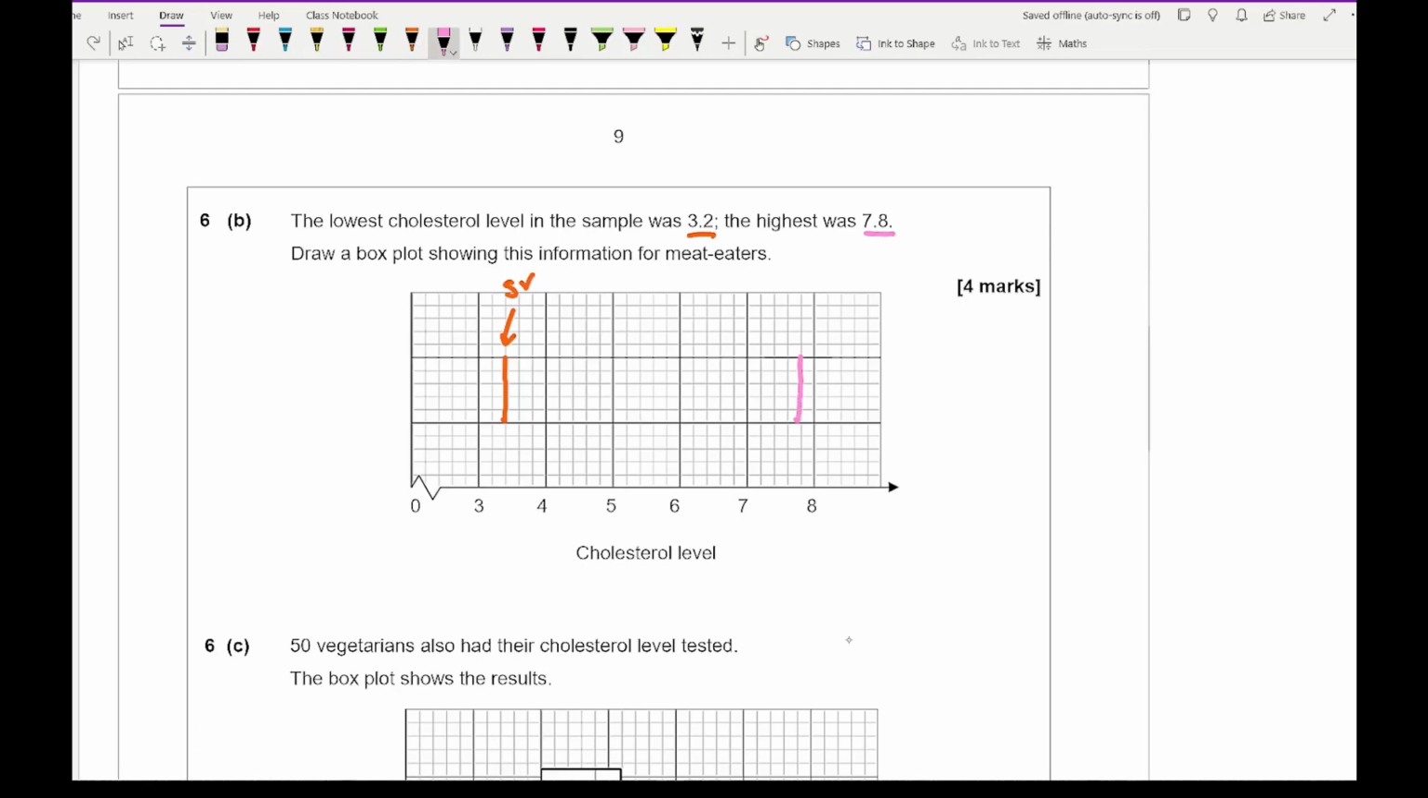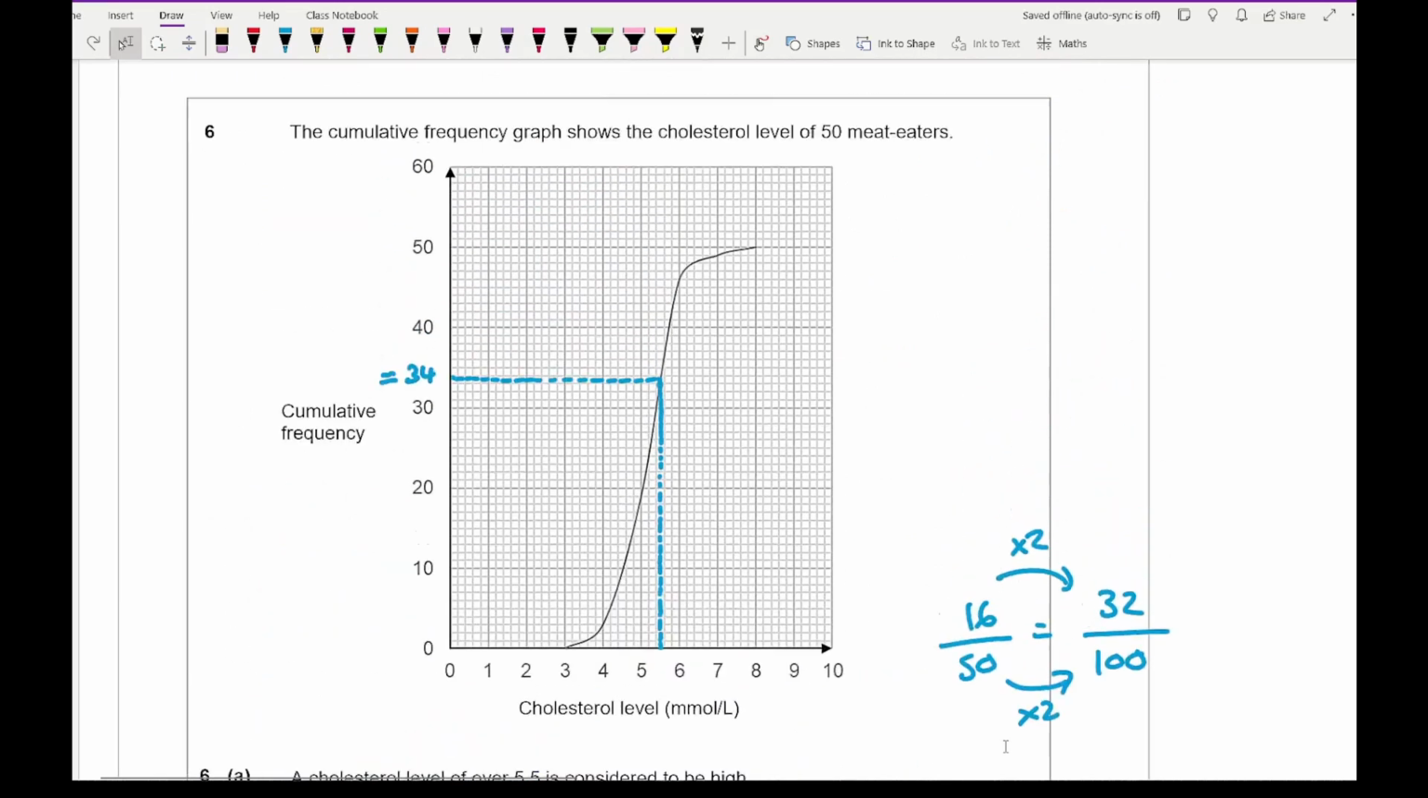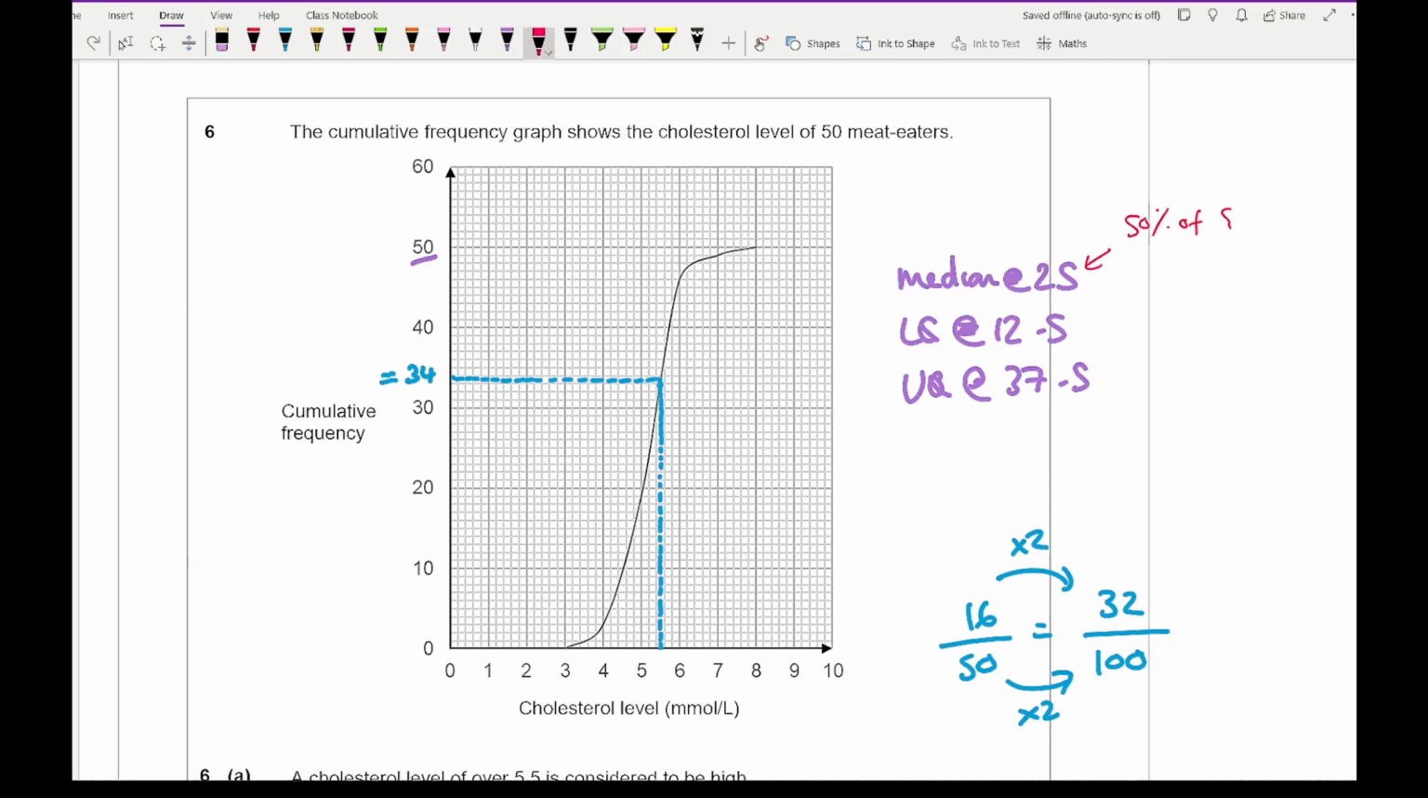And again, you need to make sure that you're using a ruler. I really can't on the computer because it's going to take ages. So then what I need to do is find the upper quartile, the lower quartile and the median. The median is at 50% of the total frequency, which is at 25. The lower quartile is going to be at 12.5 and the upper quartile is going to be at 37.5. And how I've worked those values out is from 50% of 50, 25% of 50, and 75%